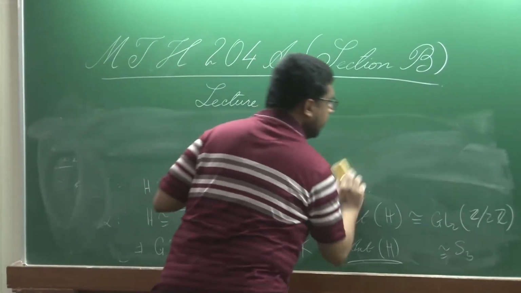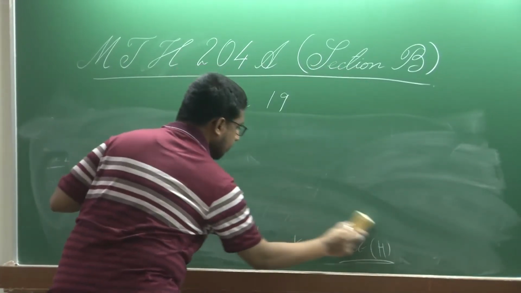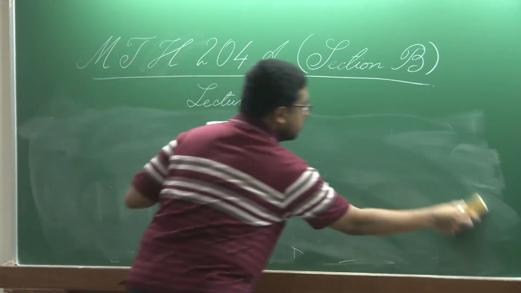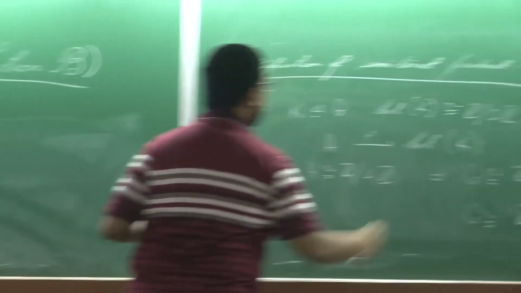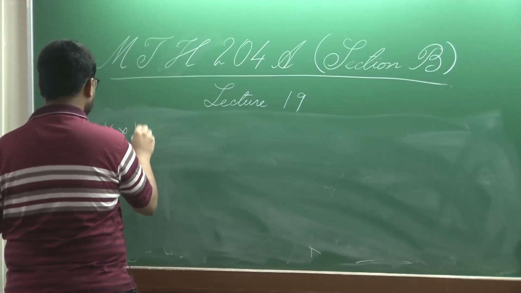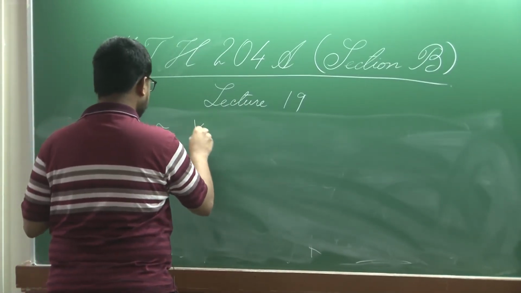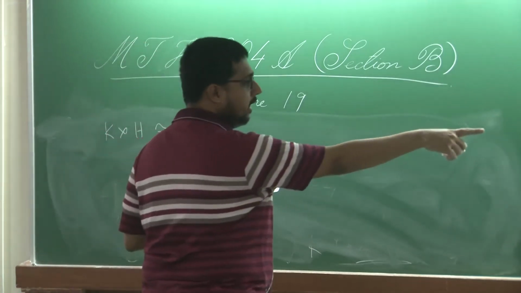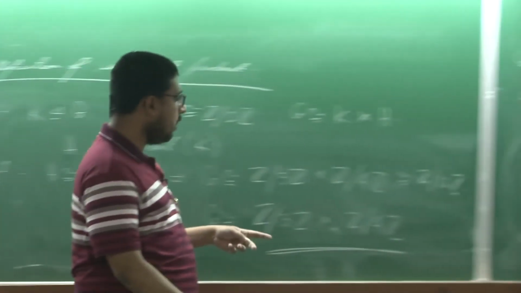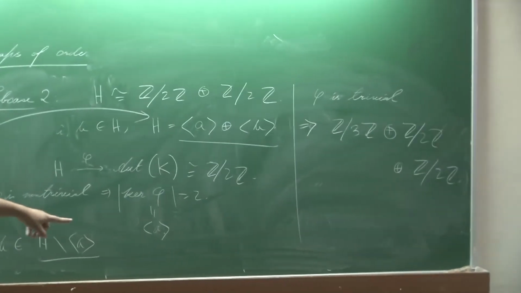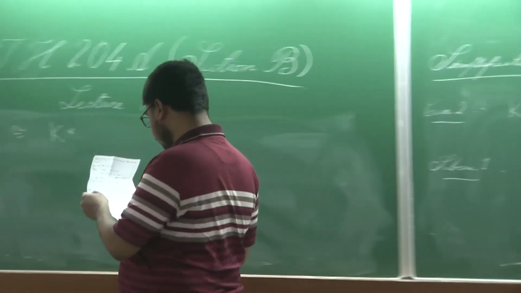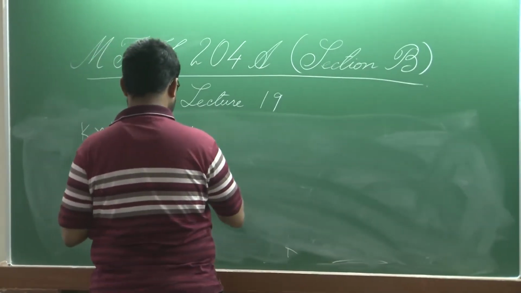A is in the kernel, B is not in the kernel. So, then what are we getting here? Our situation is that the possible group structure is of this form. So, H is the direct sum of A and B, and A is in the kernel, that is A acts on B trivially. So, hence we must have that